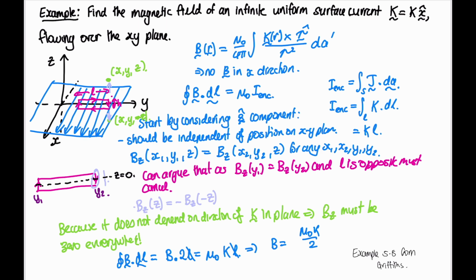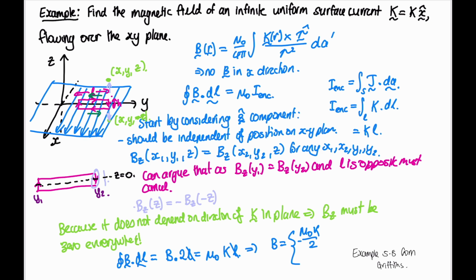So if you point your right thumb in the direction of the current, then your fingers wrap around and show the direction of the magnetic field lines. So doing that, up above here, the magnetic field lines must be going this way, and down below, they must be going this way. So we can say that B is equal to,